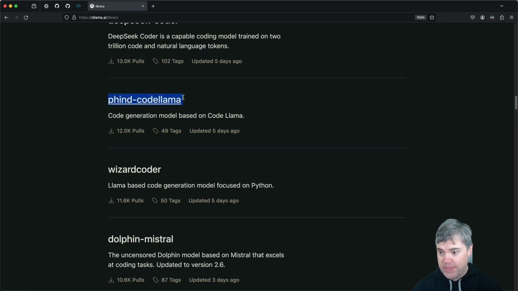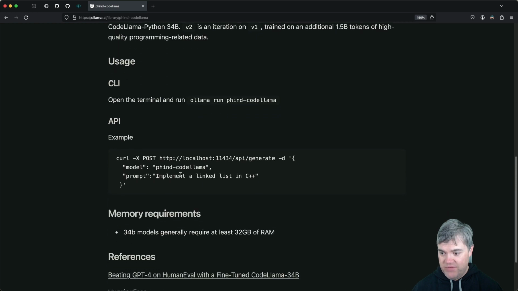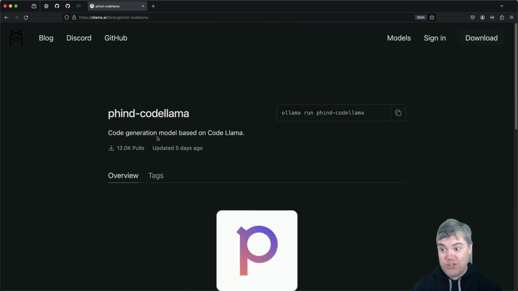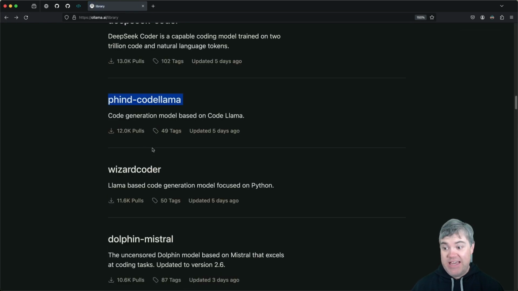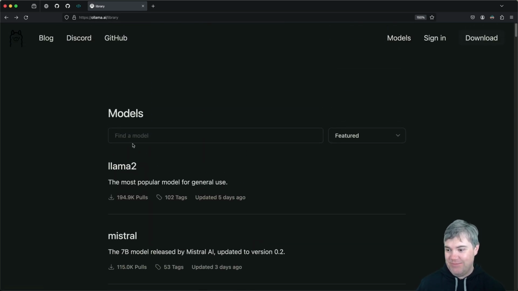Phind Code Llama. And if you take a look into it, this is a pretty beefy one. It's a 34B model, which requires 32 gigabytes of RAM. I have 64 gigabytes on this system. I can technically run a 70B model on here, of which there are a few available. It takes forever for them to download. It's a lot. But Llama 2, for example, has a 70B version that we can get. Mistral 7B is probably